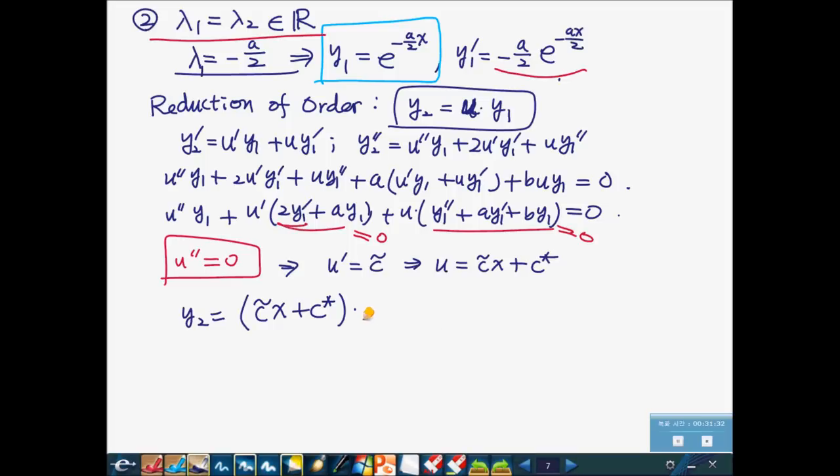Times e to the minus ax over 2. Correct? Okay, then we rearrange it a little bit. So c star e to the minus ax over 2 plus c tilde x times e to the minus ax over 2. Alright, so far so good, right? But then, the final form,